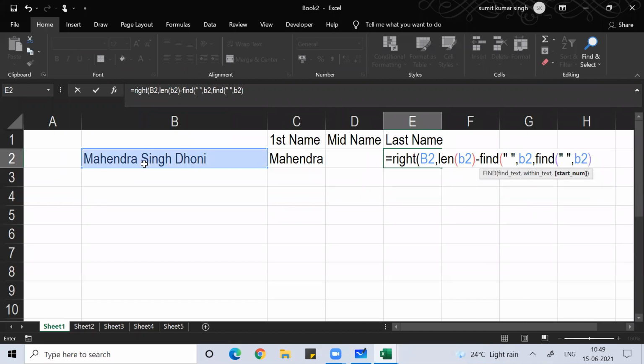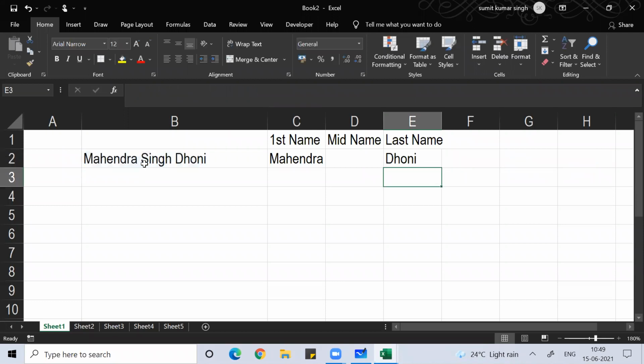Clear, everyone? After this, you do plus 1, then close the bracket. You get the Dhoni.